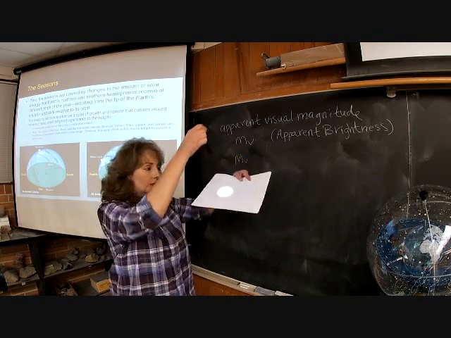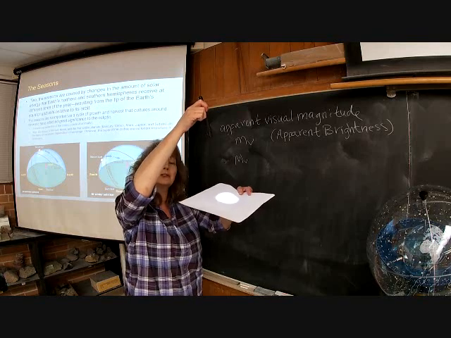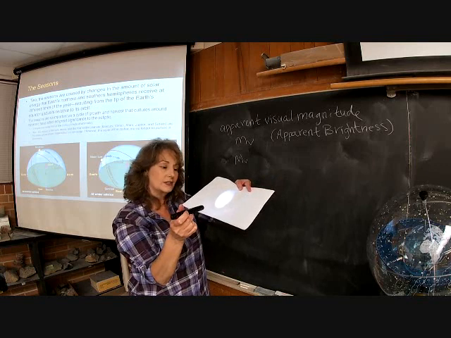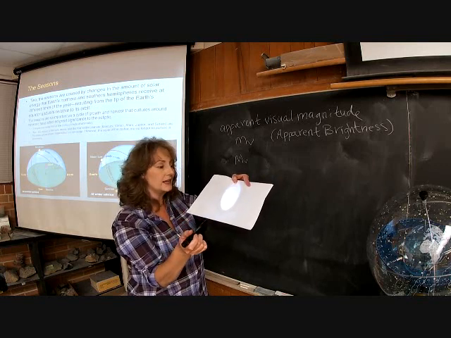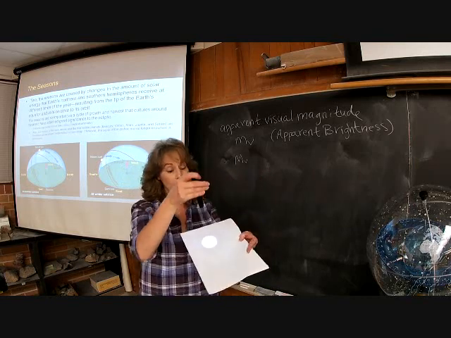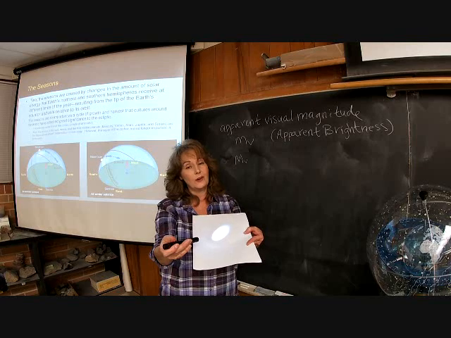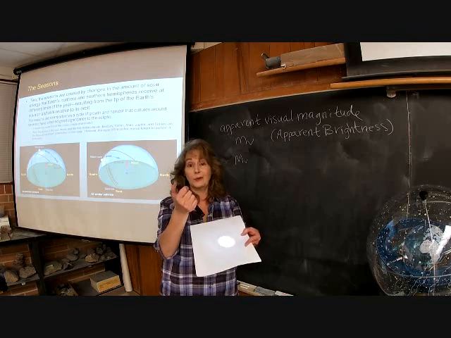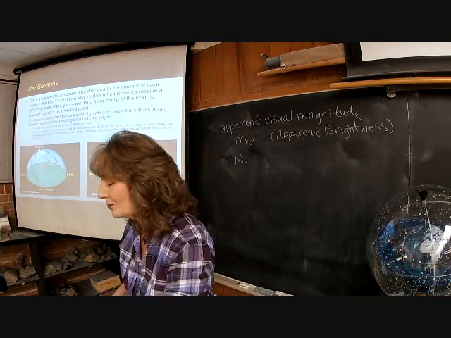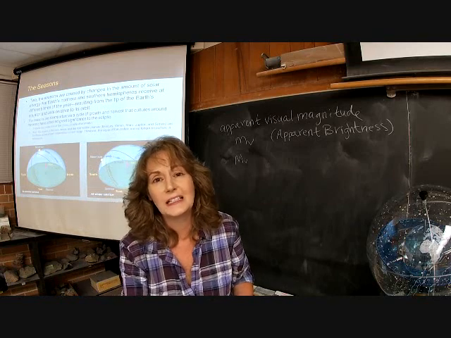So very high, very concentrated, if you can see from that angle, a high sun angle gives a very concentrated beam of light, versus a lower sun angle. See how that spreads out and diffuses the light? So that's not so concentrated. So concentrated is a high sun angle, diffuse, not so concentrated, is a low sun angle. So that sun angle, the solar altitude, plays a very big role in the amount of solar radiation, the intensity